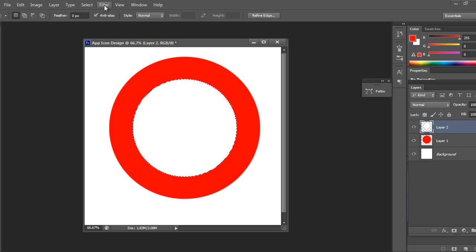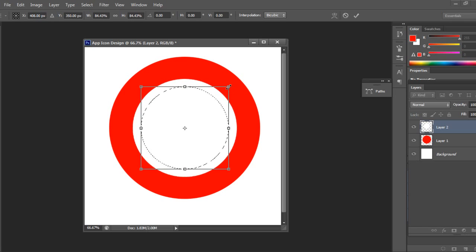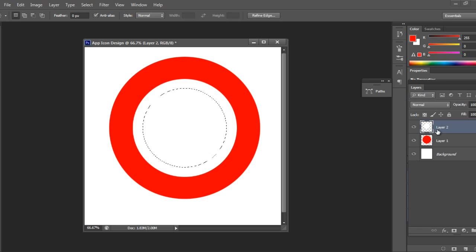Again I'll go to Select, Transform Selection, Shift and Alt, come down, to get a proper ring. Now I'll delete this part. I'll press Delete on the keyboard and Control D to deactivate my selections.